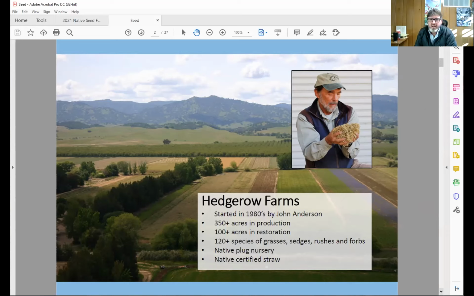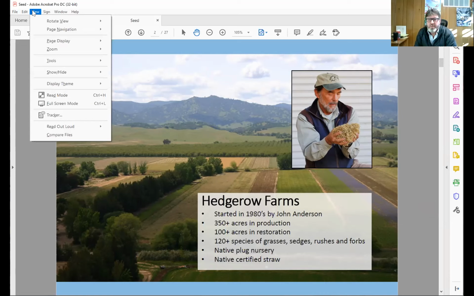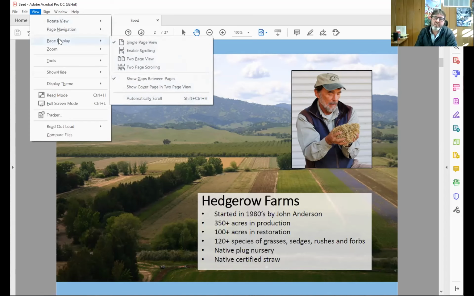But the other thing that John Anderson did is that he started to work on establishing habitat around the Hedgerow Farms farm. He essentially went and built hedgerows around each of the fields. He produced tailwater ponds to take drainage from the fields. He made bioswales. He created seasonal wetlands. He expanded riparian corridors. So John, at the end of the day, really provided an excellent example of how habitat can be incorporated into farming.